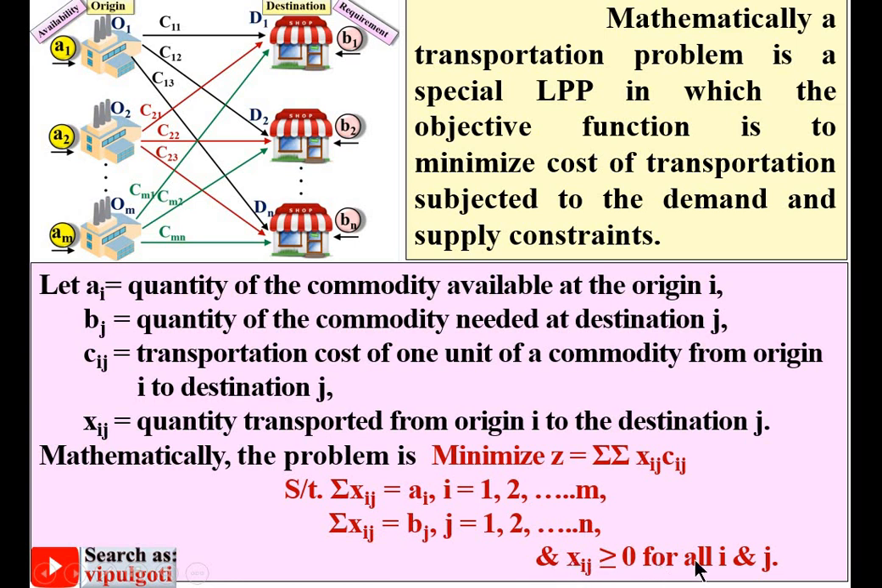And at last, the non-negativity restriction, that means Xij must be greater than or equal to 0 for all i and j. So if you see this red color, that is actually the mathematical model of the transportation problem, and that is actually a subclass of the linear programming problem. If you compare with the mathematical model of the linear programming problem, it has the objective function, then constraints, and at last non-negativity restrictions. In the next video, we will see steps of the